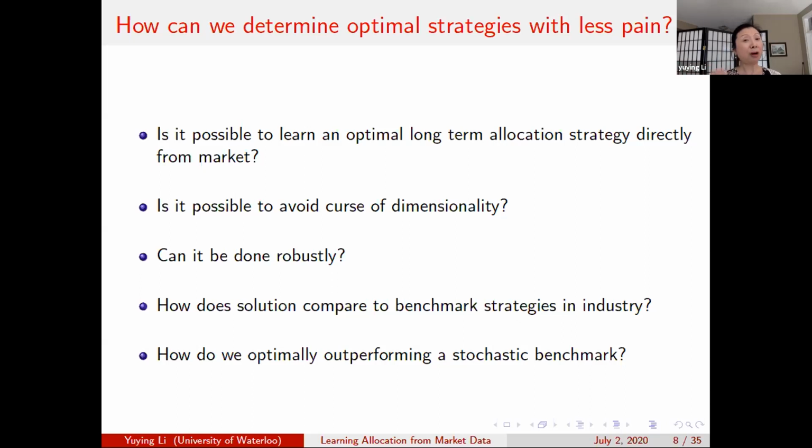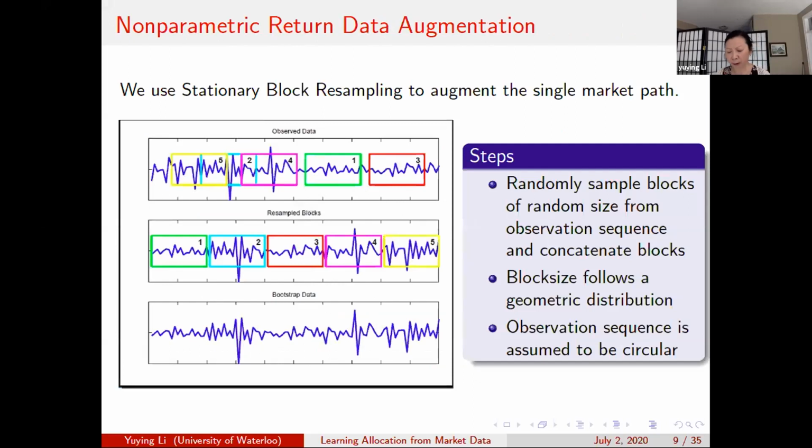And now if our goal is trying to beat the industry implementation, is there a way for us to actually optimally beat a benchmark from the industry? So those are the questions we have focused on, and my presentation will address some of those, most of those issues. Okay, so first of all, if we want to take a learning approach to determine the optimal allocation